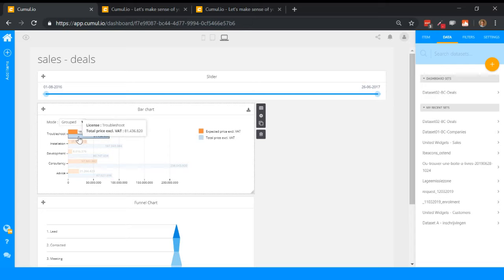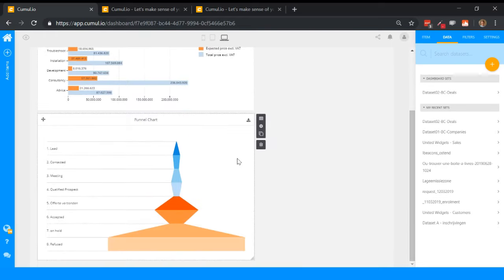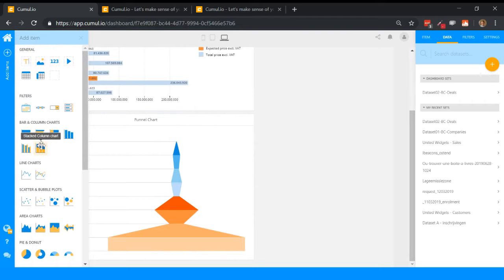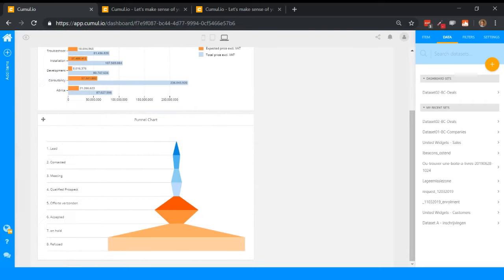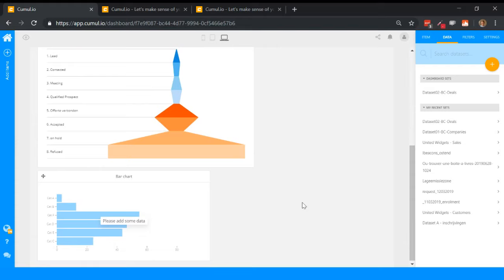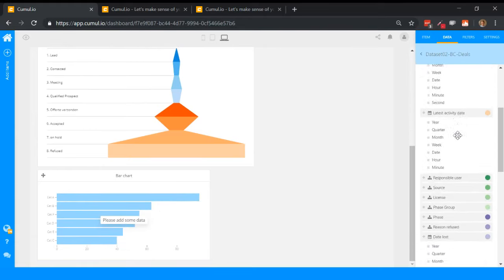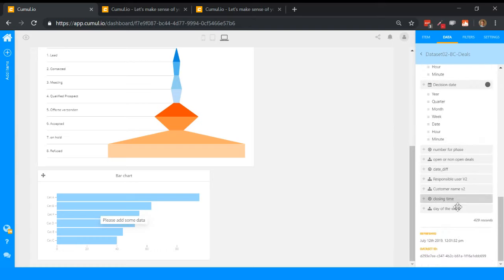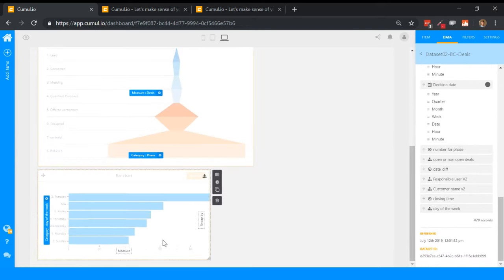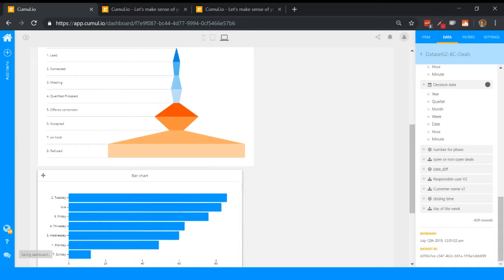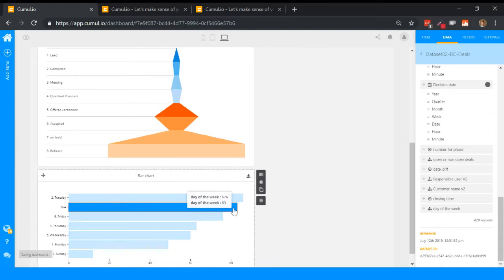It's also something that we can create, or that we can use the mathematical formulas for, but now I'm just going to show you guys how we can use the differences for the weekdays. I have my day of the week. This is going to be a category,